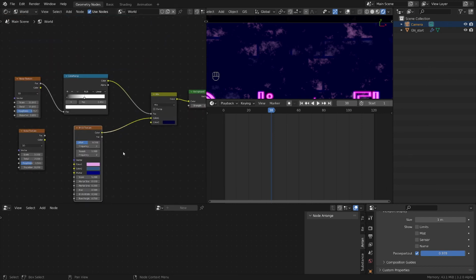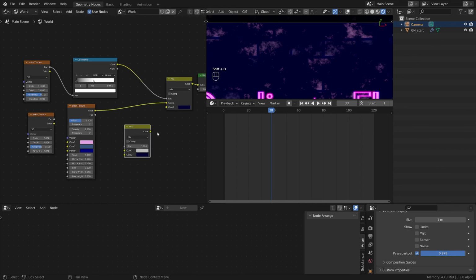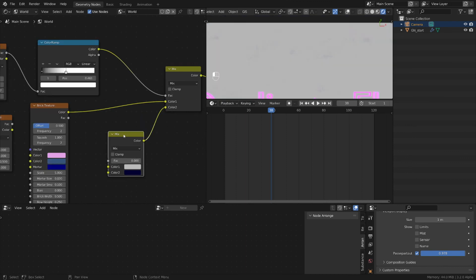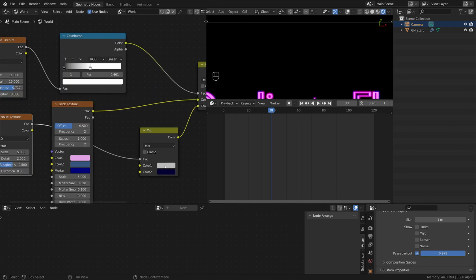And I wanted to play more with the colors from here. So the way to do this is, let's do another mix color, plug this one here, and I use this noise texture as a factor here, and then I did